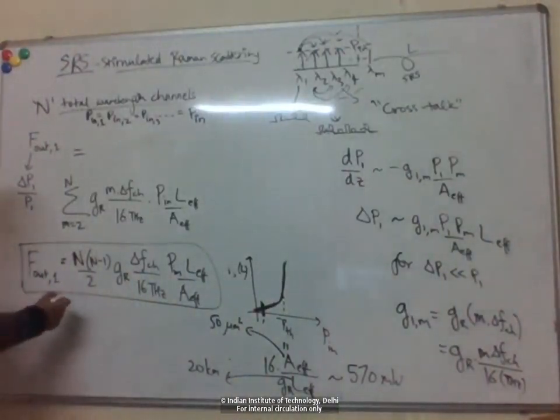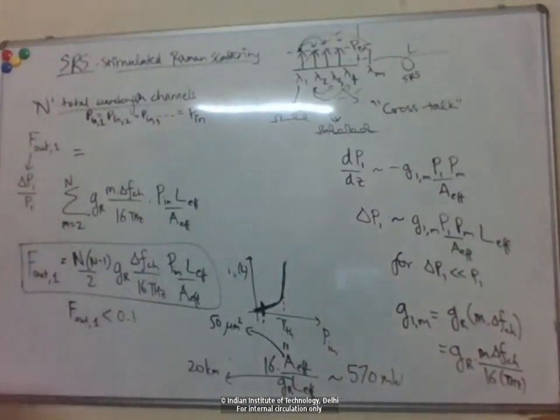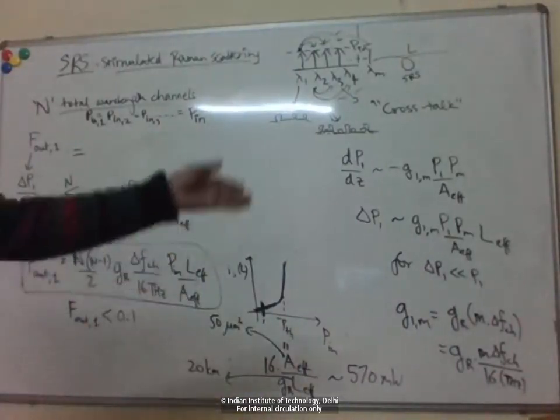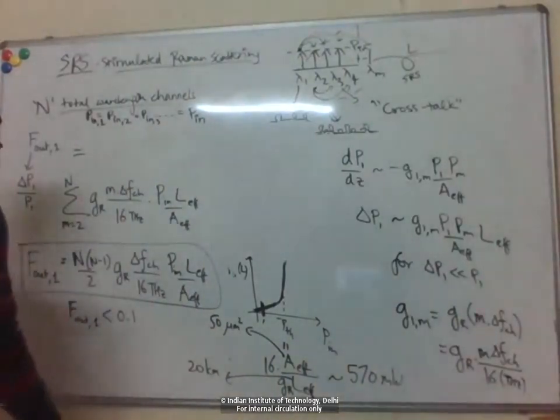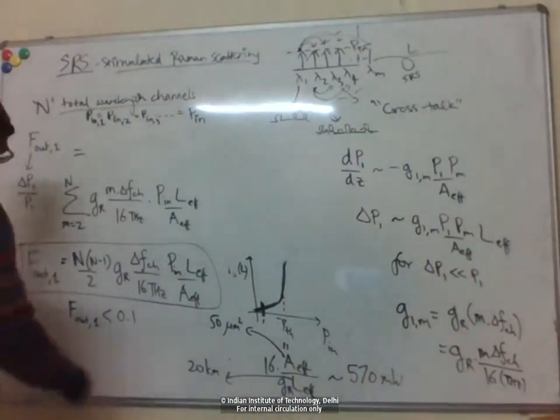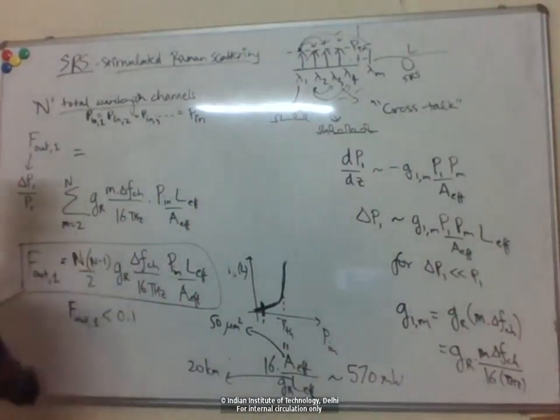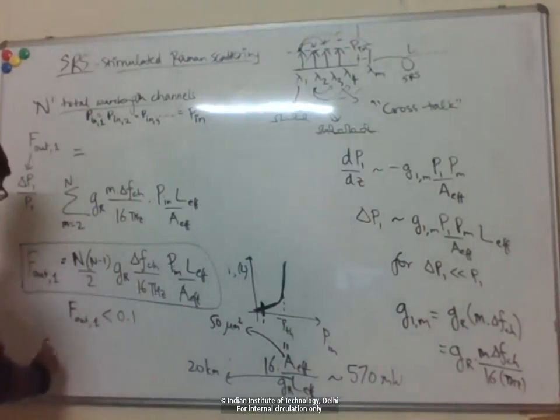Okay, so typically as a figure of merit, we want this fan out factor to be less than 10%. Okay, so the fractional loss in power should be less than 10% over the link due to this Raman scattering. Okay, so then basically if you plug in the numbers here, n is the number of channels, right? So basically we get some condition on,